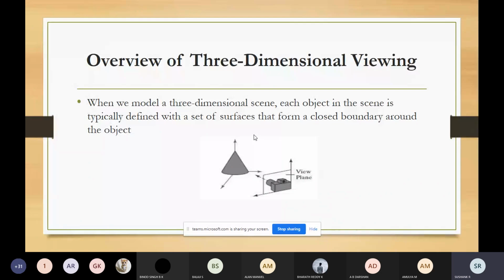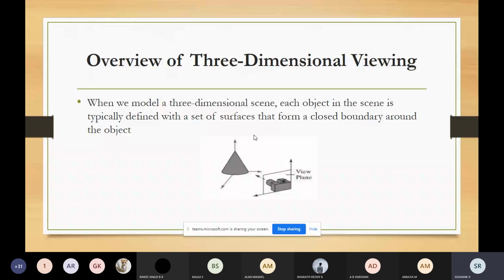To obtain the display of a 3D world coordinate scene, first we should set the coordinate reference for viewing, which we call the camera parameter. This coordinate reference system will define the position and the orientation for the view plane.